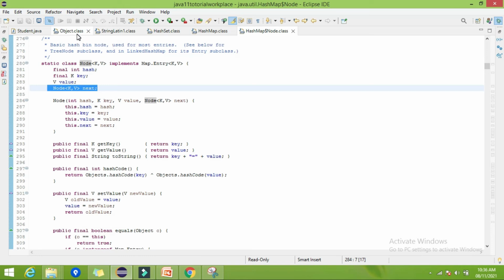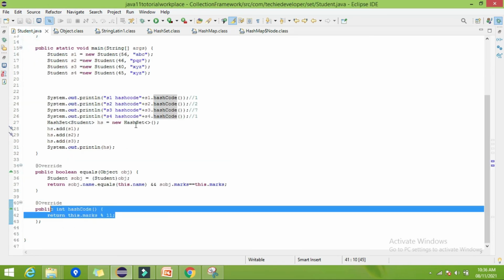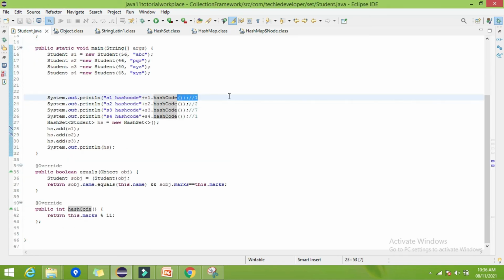Whenever there is a collision between the hash code, suppose consider for S1 we have the hash code as 1, we put this node for hash code 1, but when we try to add S4, the hash code is the same, right, then it will go to the 1 number position. There it will find we already have the S1 student present. Then what it will do, it will check if the hash code and key are the same, then it will not do anything.